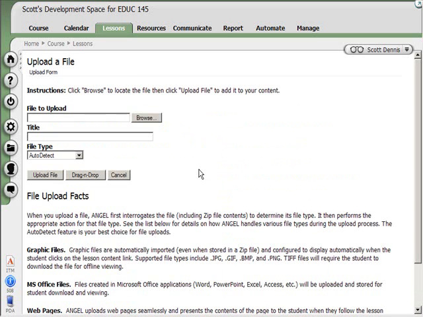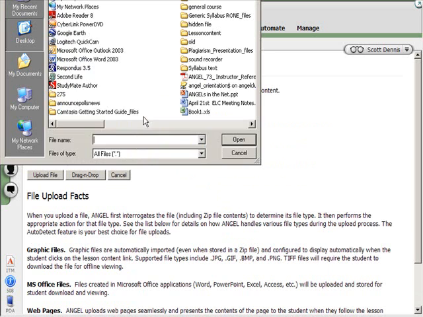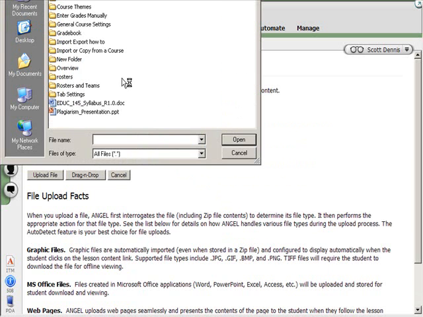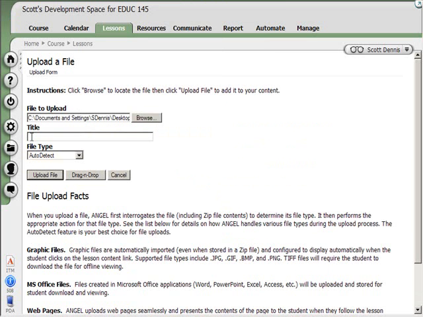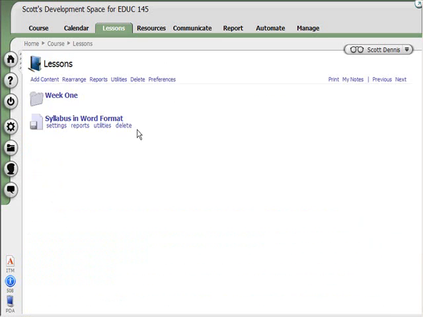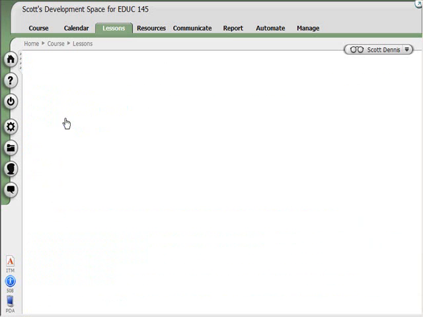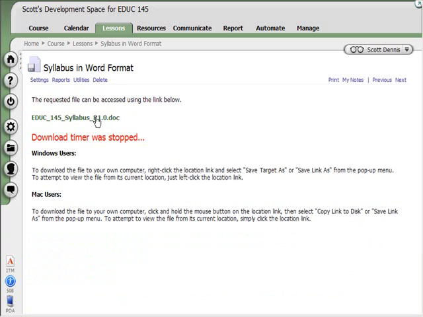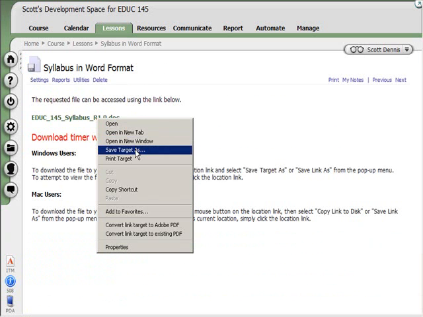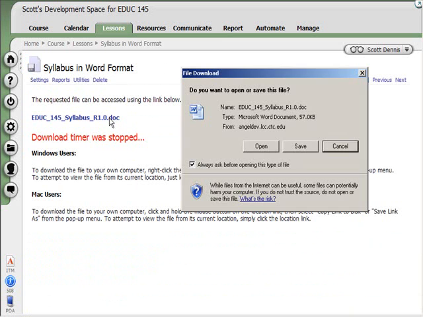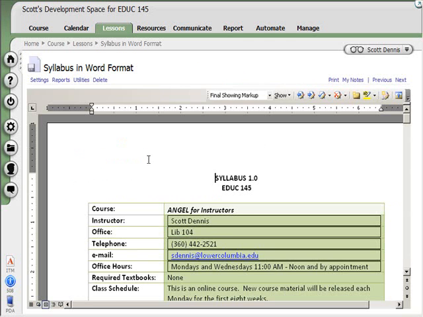a file. So let's say, for example, I have a file in my computer that's a Word document that I want to add. I go and find it, I give it a title, and I click Upload. Okay, so now in my course I have a link to this file, and when I go to it, I can right click on it and save target as. I can left click on it. Because it's a file type that my Microsoft Explorer browser recognizes, it will open that file right there on my